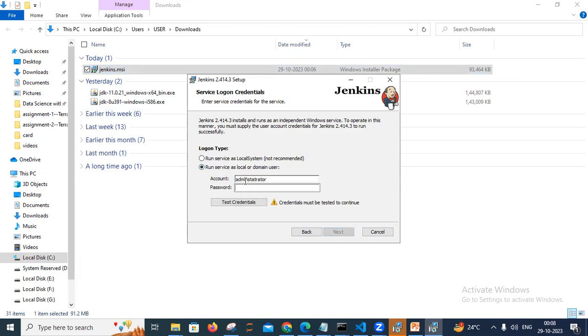you have to create the account, and then you have to add the password. So in order to create the administrator account, what we'll do,